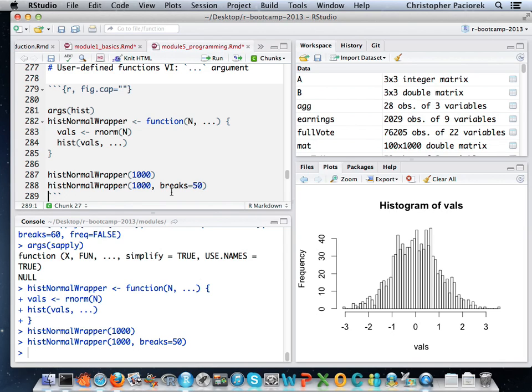Does that do named arguments or only positional ones? I think it only does named arguments. I don't think there's any way it could do positional arguments. It actually does positional. Oh yeah? Yeah. I don't know what the order of the arguments are that are passed to the hist function, and so maybe that's more dangerous. Yeah, so in general you'll want to use named arguments when you're using this ellipsis.